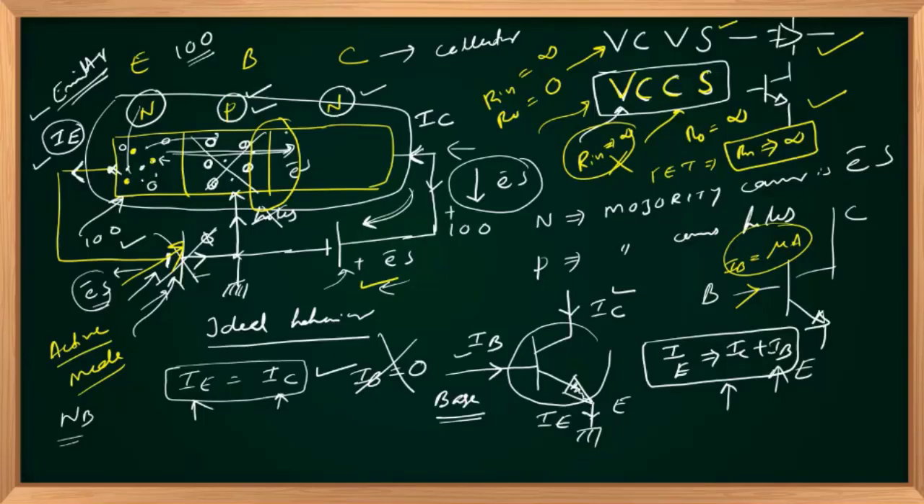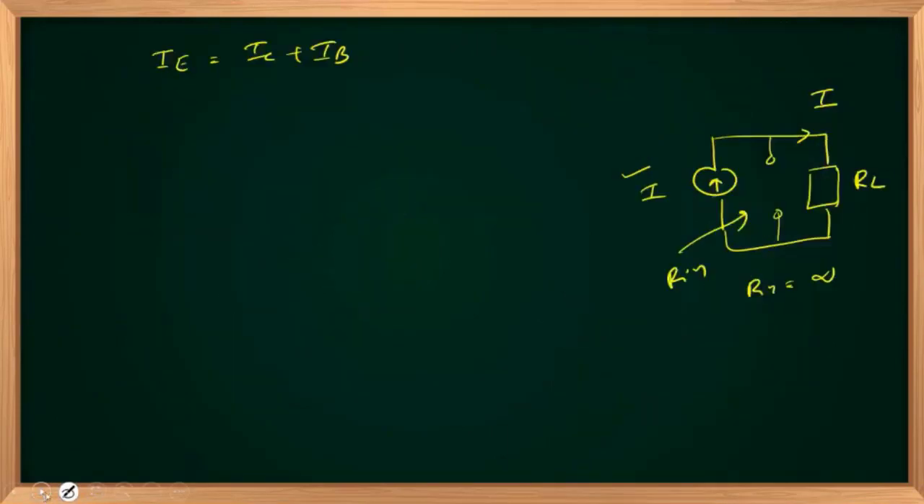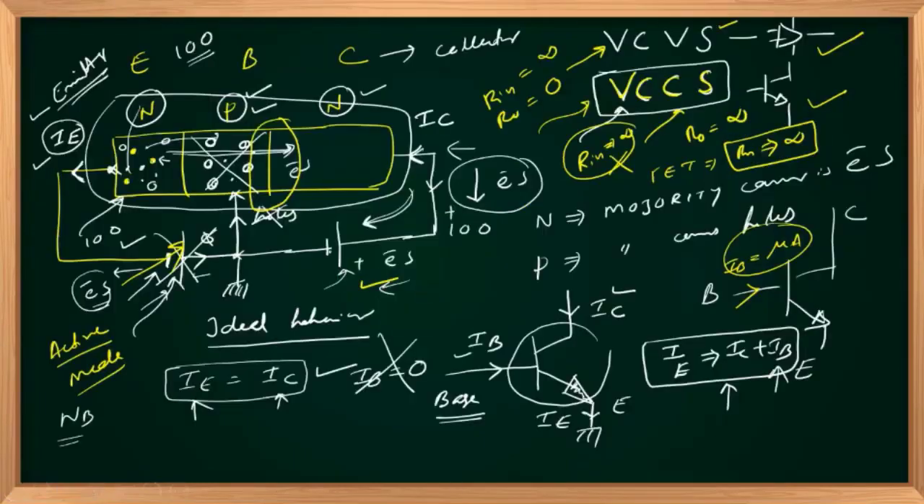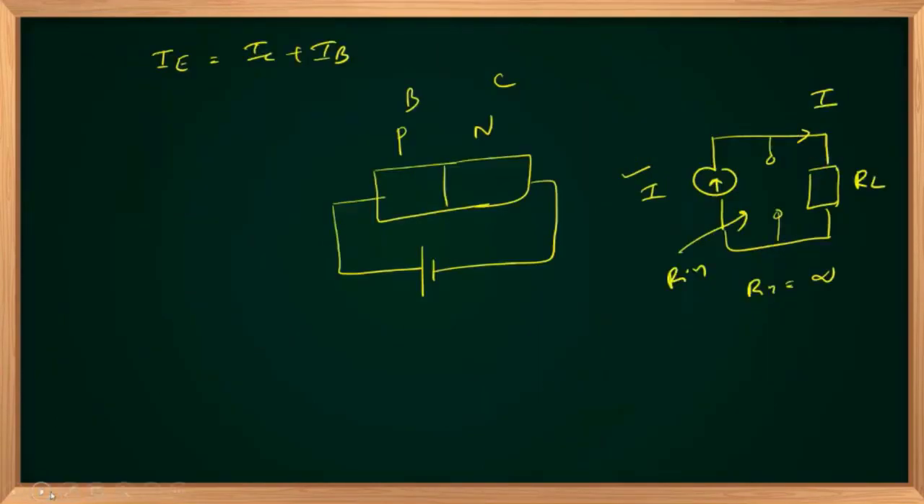If the base collector junction is forward biased, I'm drawing a base collector junction here. The transistor was NPN, so this was base, this was collector. If this is forward biased, let us say forward, it's not forward biased in our example, it is reverse biased. Active region, active mode we have taken. Suppose it is forward biased, then you have a majority of holes here, majority of electrons here, right? And if the junction is forward biased,